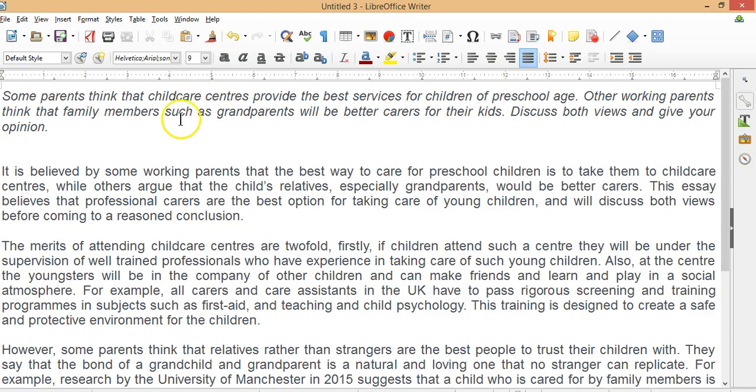Instead of trying to put overly complicated synonyms and paraphrases, which doesn't quite work, I've just changed the word order, and I've changed a couple of key words from a noun to an adjective to a verb, etc. This essay believes that professional carers are the best option, so that's my opinion, and I'm going to discuss both views before coming to a reasoned conclusion. Okay, so